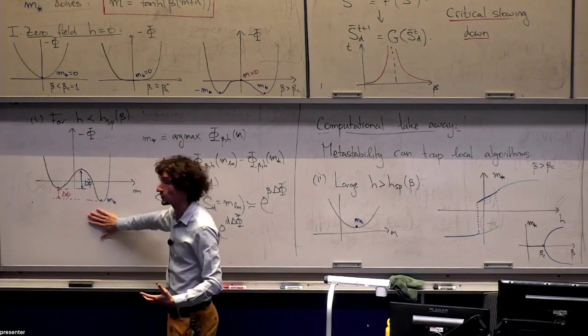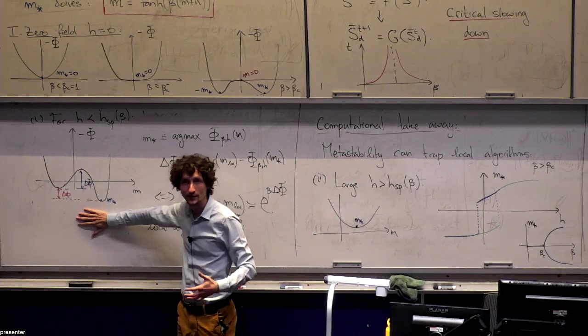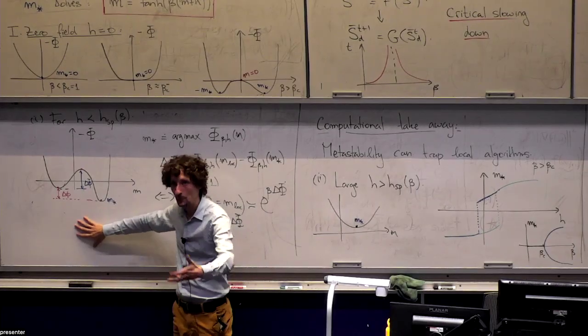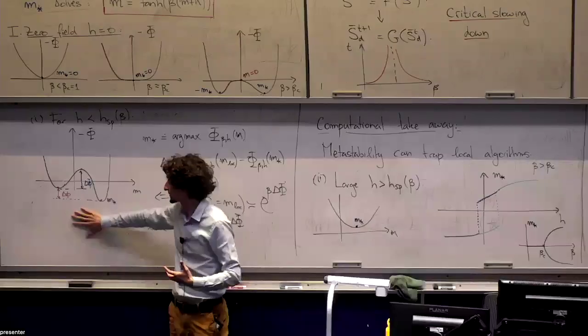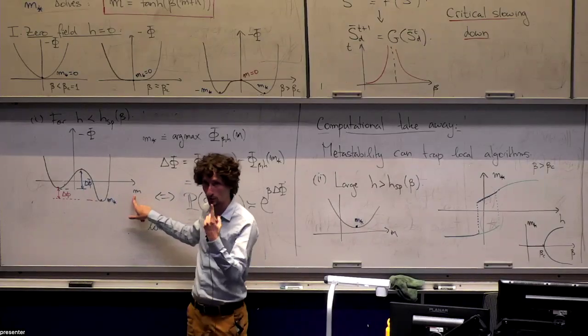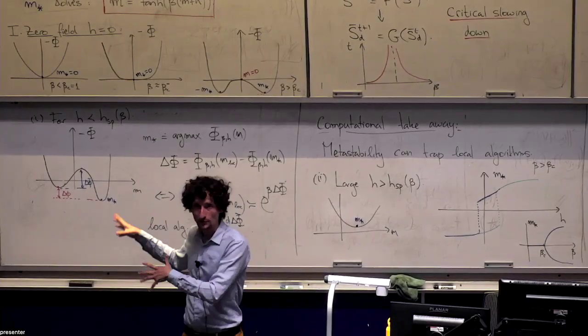But the reason why I'm doing this is because here I can completely solve the model and I can plot everything and we can discuss this in a very concrete setting. The example that I'm going to consider next is going to be much more opaque. Even this space is not just one order parameter, it's going to be more than one. So you have to draw surfaces and things like that.